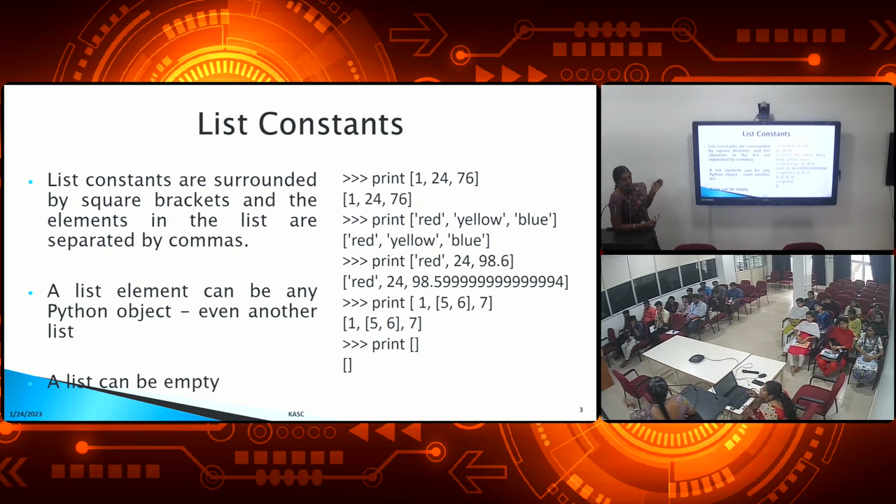Another one is, if there is any empty list, yes, of course we can have one, right? The list can be empty, so we can have an empty list. Why are we going for the empty list? In the sense that we are going to add some elements into that particular list, which is also acceptable, right? And then next,